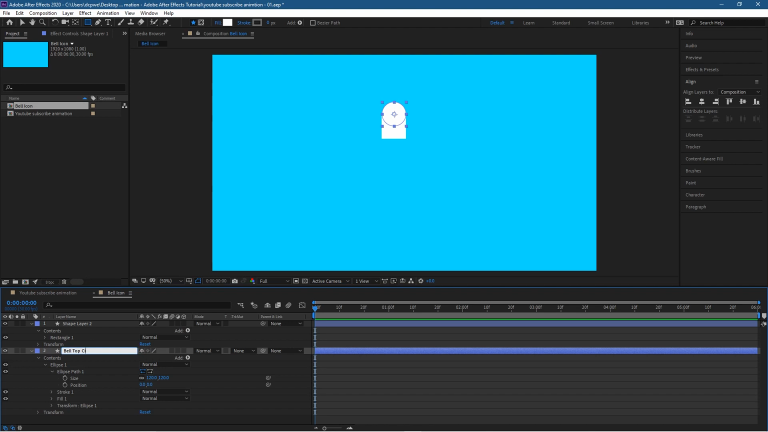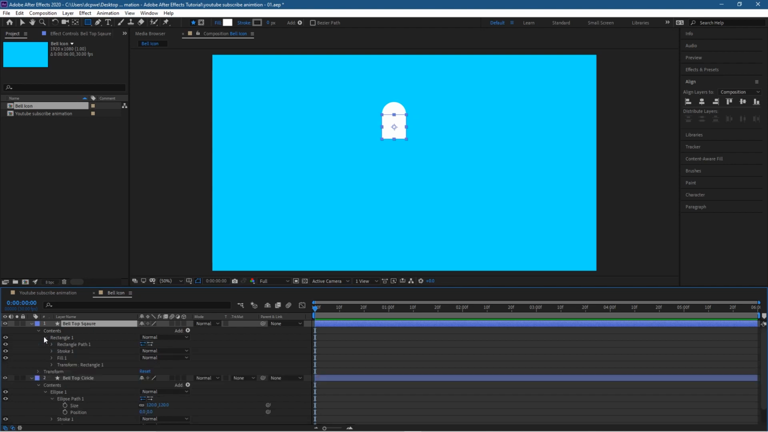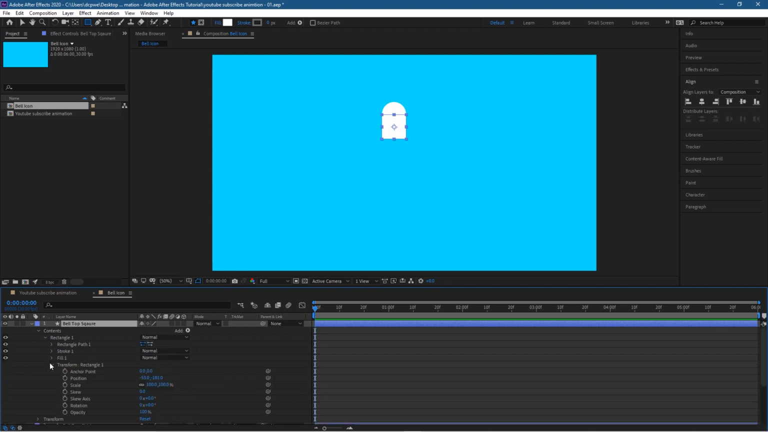It's going to be very difficult to remember all of these afterwards. So bell top circle, and then let's call this one, so you click on the name here and then hit the enter key, and we'll call this one bell top square. And we know that the circle was 120 wide, so if we go to the rectangle, go to the transform here,